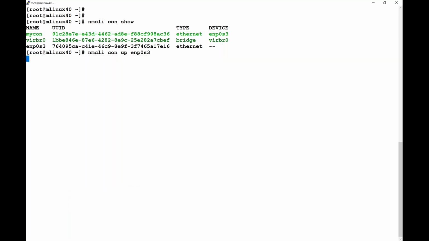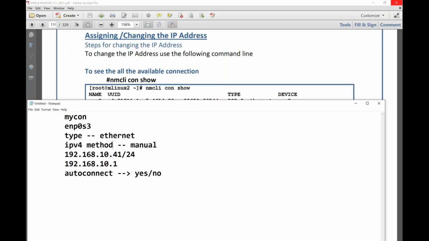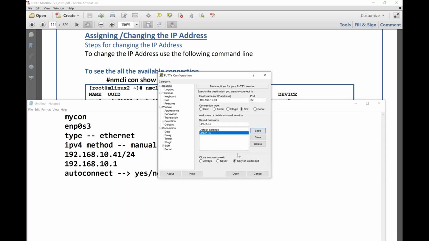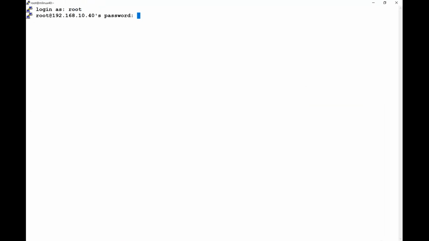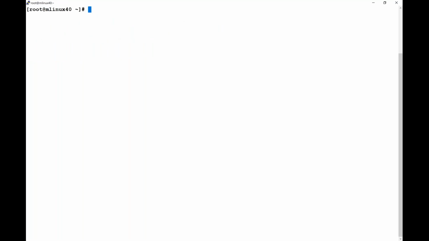Okay, so what I'm going to do, I'll just close this terminal, this also, and let's go back with our old IP 10.40. And let me open the terminal. You see, I'm connected back. So whenever you have only one adapter with multiple connections, don't use